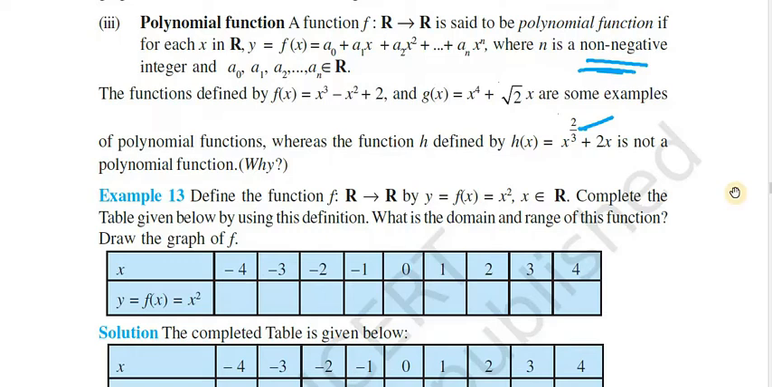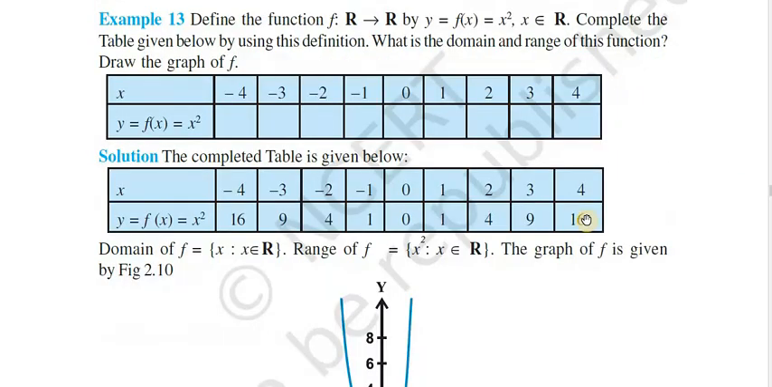So next, here we have to complete the table. You have to find out the values. Here y is given by x squared. So you have to complete this table. You just see y equal to x squared. These are the values of x. So what will be y? You just put in the values. If it is 0, it will be 0; 1, 1; 2, 4; 3, 9; 4,